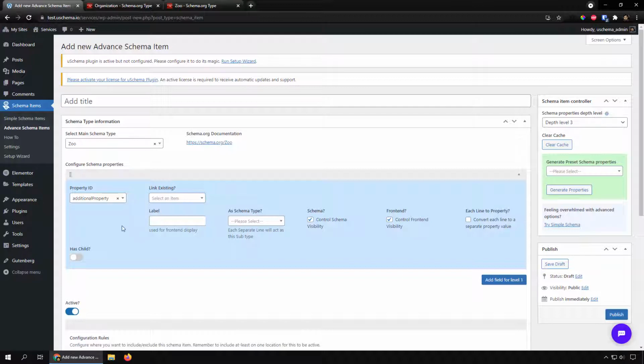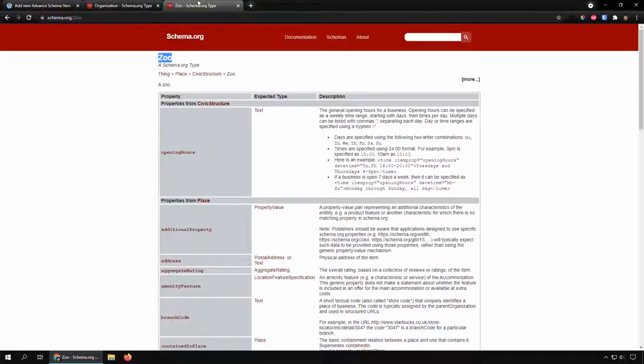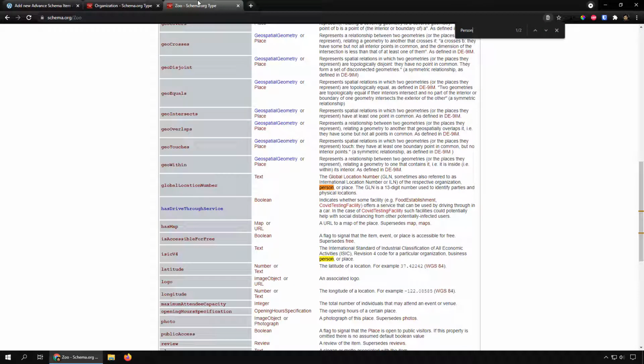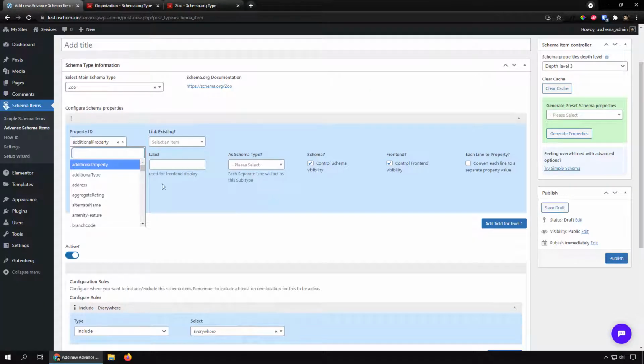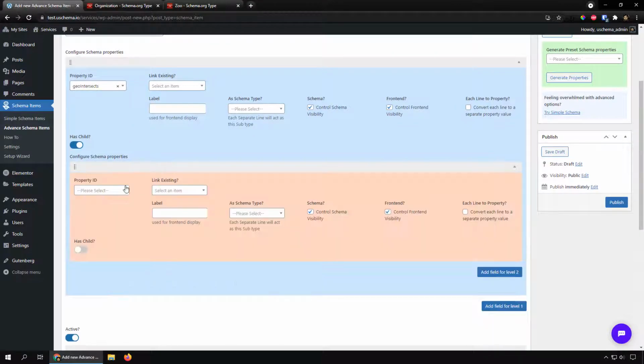Another relevant scenario is that, for instance, let's try to add another property, role of person, like this place. So let's try to add this geo intersects and let's try to add this one for the zoo, and this should be a place schema, right? But instead of selecting this, I'm just leaving it as is. So once I click on this and I try to reopen it, it says it does not have any results.